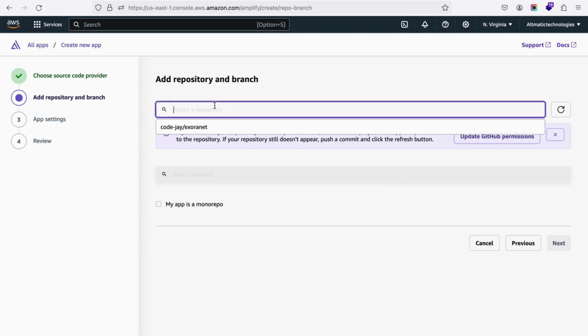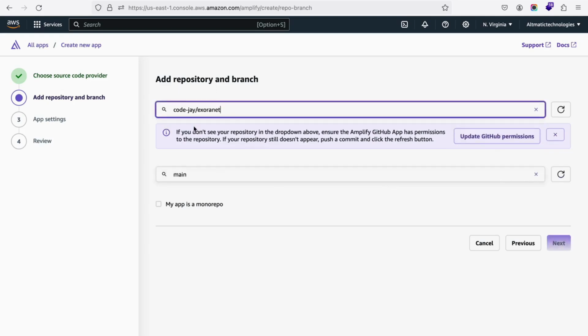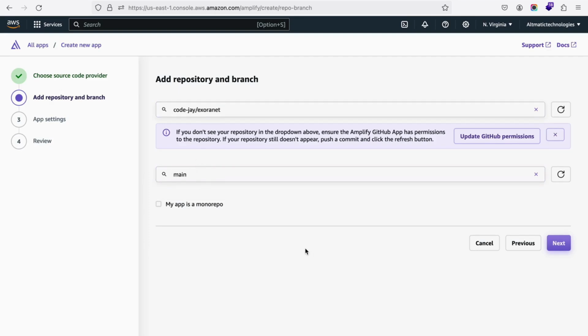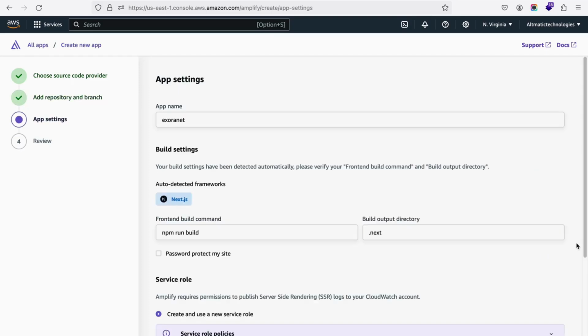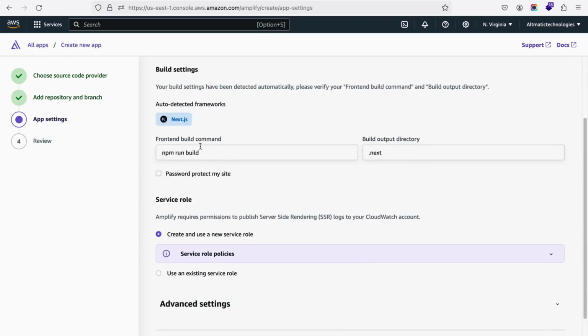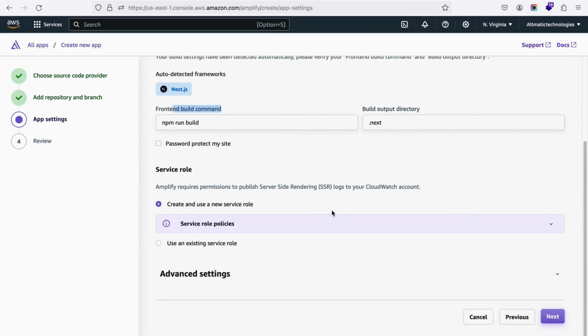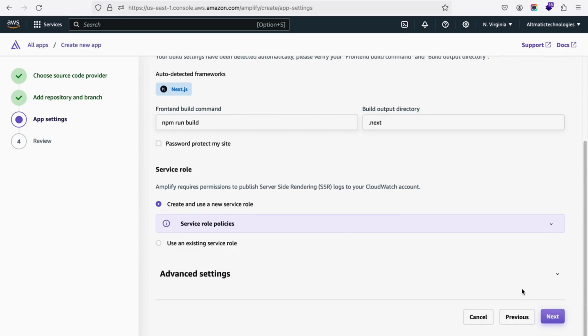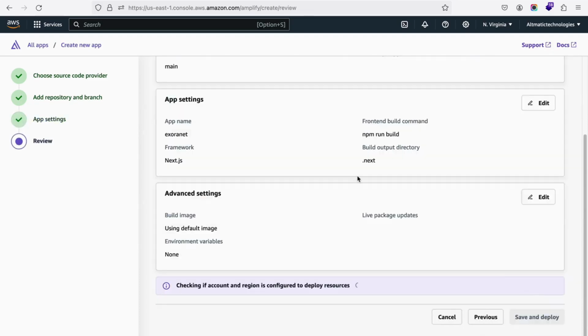So if you see, this is my repository, and the branch is main. So I'm using this branch. Next, and now this is the build command. This is a Next.js project, so I have to build. This is the command that AWS Amplify has detected by default. Now next,